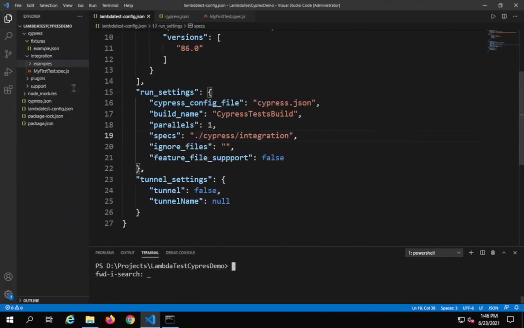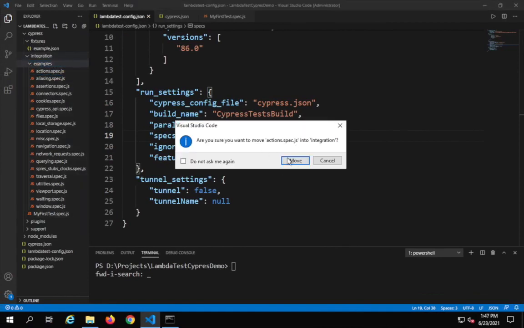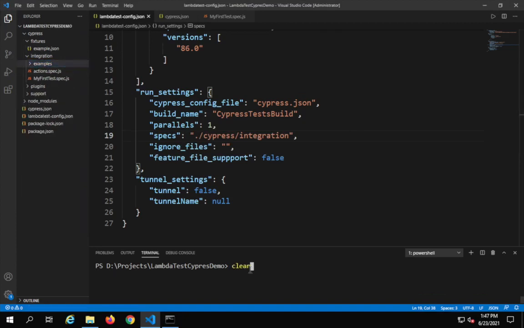So let me now also add two tests in this folder. So I will also put this actions back in the integrations folder, so that I have two tests here. And then to run in parallel, I can either put this here, parallels, I can say 2, or I can also give it in the command. So let me just put here parallels 2, and I will run the command lambdatest cypress run,